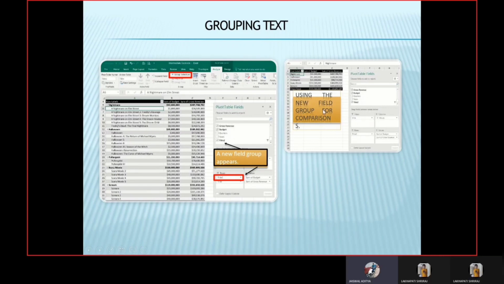Using the new field group, we can use this for comparison in our pivot table, and we could just select the part which we want in Title 1 and the other part in Title 2, and we can easily compare, or we can group text inside a table easily by using this method. It's very simple. If you follow the same method, we can do it easily, and we can group the text very easily.